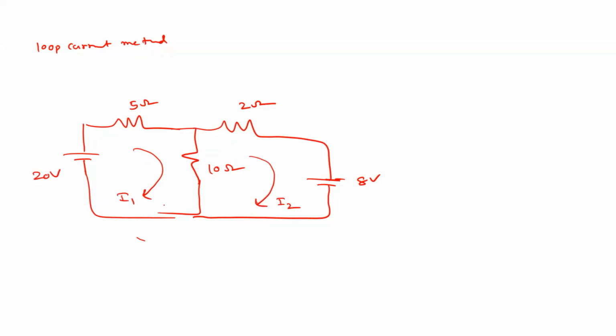Once these currents are assigned, apply KVL. So first identify the number of meshes and assign mesh current or loop current, right? And after that apply KVL. Right. Now in loop 1, sometimes I interchange these words loop or mesh, right? So in loop 1, if you apply KVL, what is the equation?